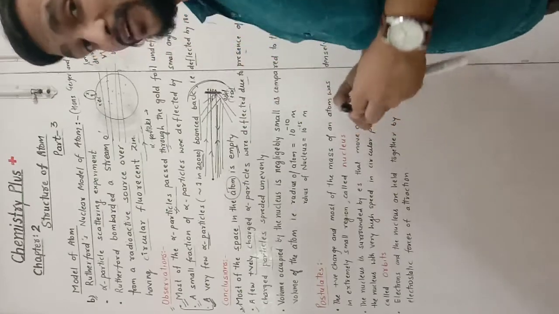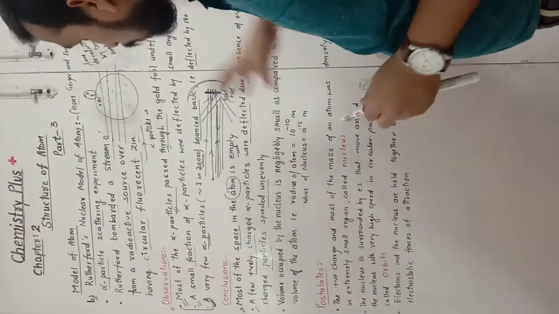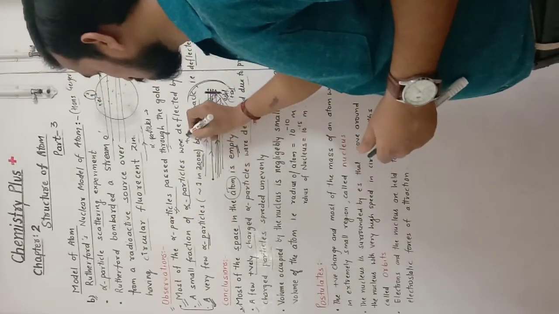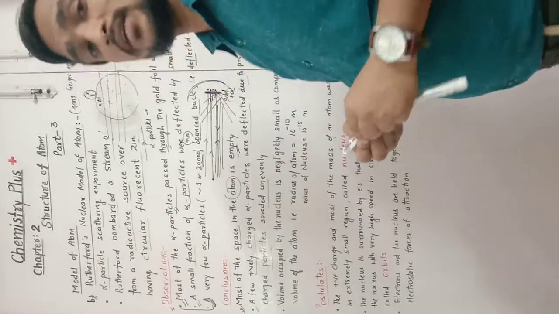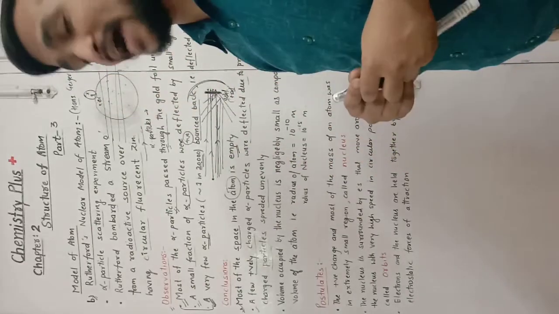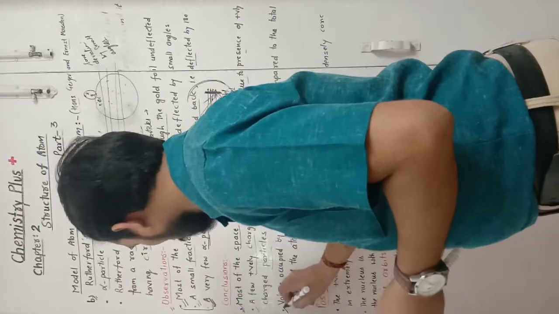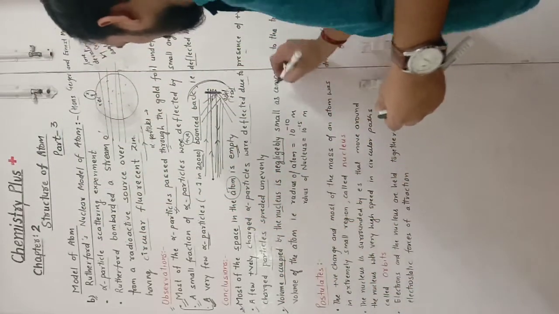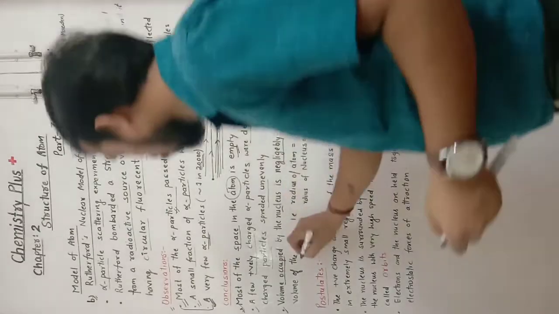So the deviation by small angles is observed only when the alpha particles strike the positively charged particles, that is the protons, which are unevenly spread through this atom. The third observation is that the volume occupied by the nucleus is negligibly small as compared to the total volume of the atom,